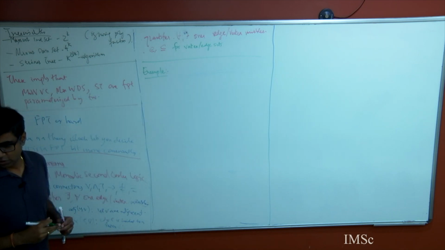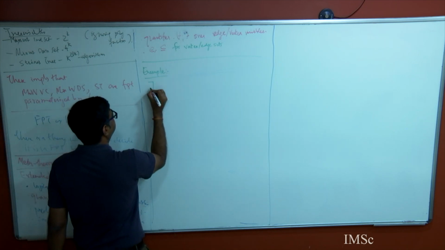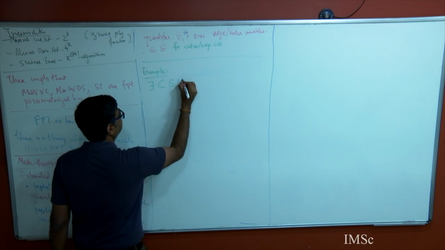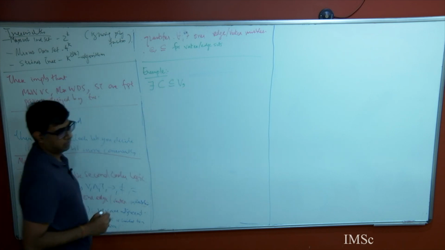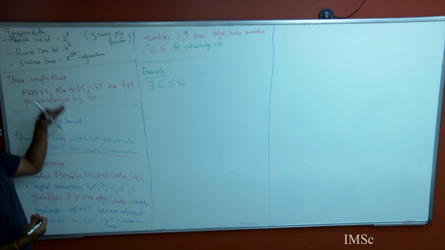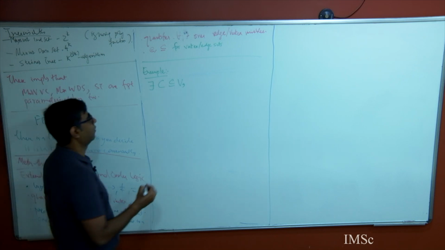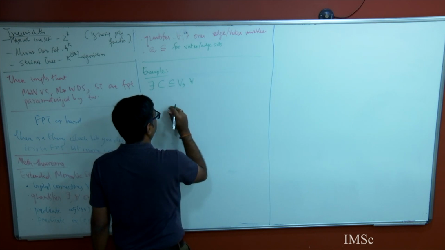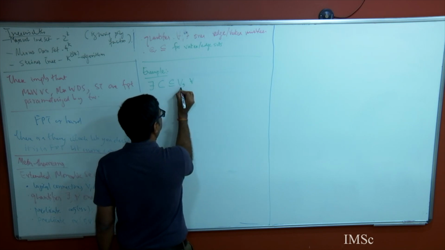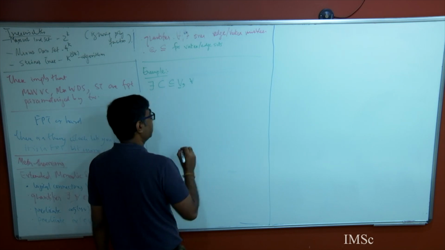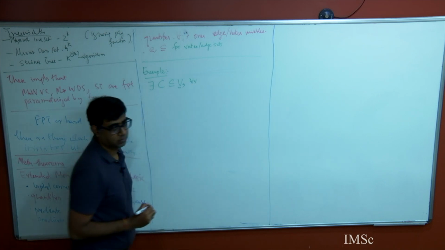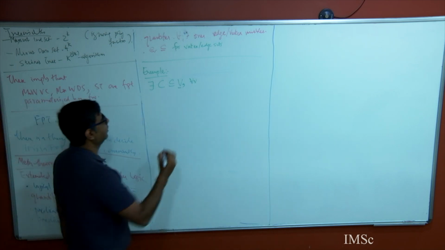This is defined over a graph. There exists C subset of V, where V is my vertex set. For all v in C,